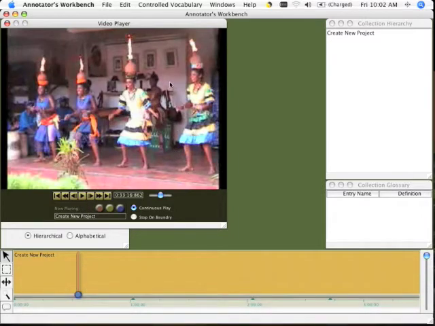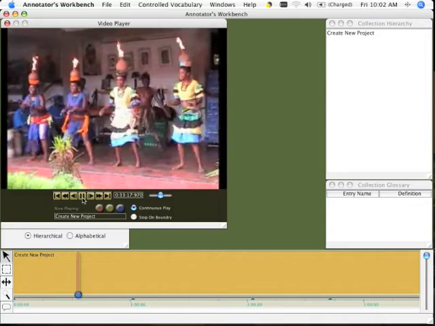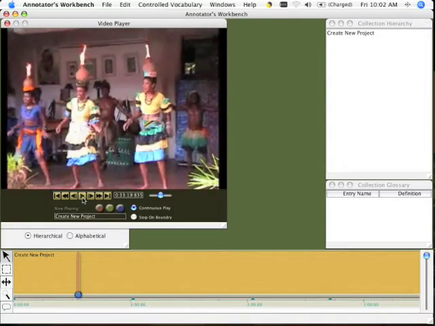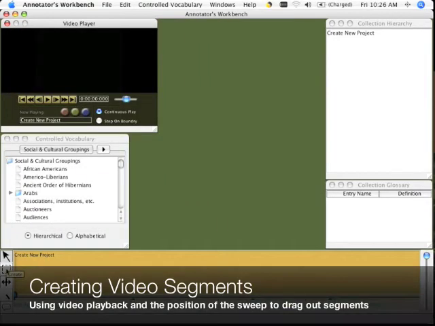Video controls exist in the video window, and you can start, stop, and jump quickly to the video in order to find just the right spot in order to create video segments. You'll notice the playback now, and now I'm going to go ahead and create